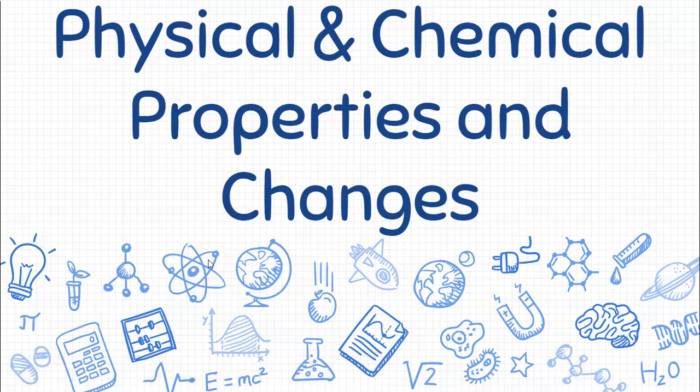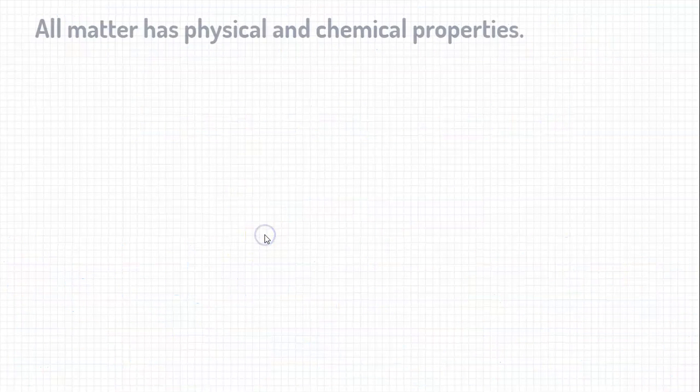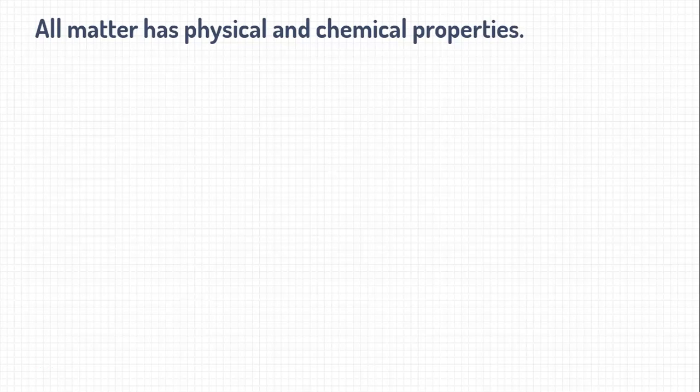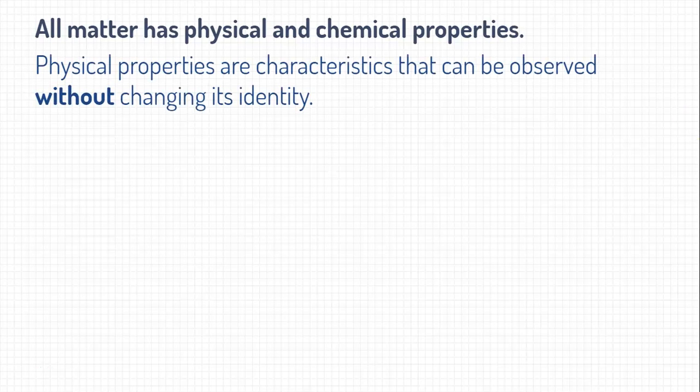Okay, so today we are going to talk about physical and chemical properties and changes. So, all matter has physical and chemical properties. Now, physical properties are characteristics that can be observed without changing its identity. So, if you can observe this scenario and that observation does not change what the thing is, then it's a